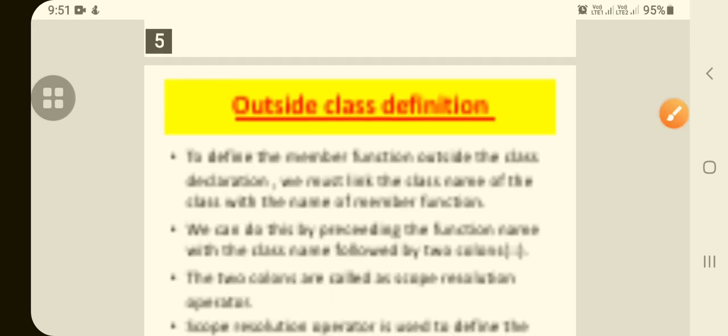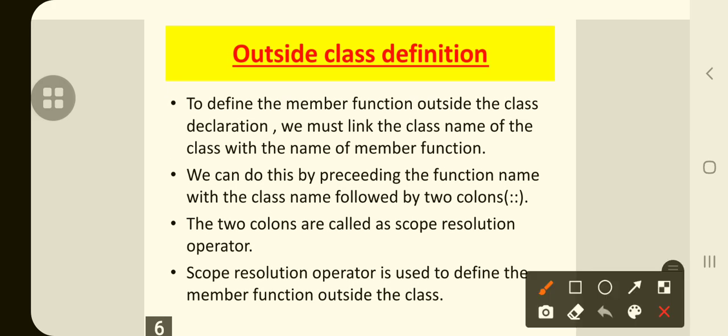Next is how we define a member function outside of the class definition. To define the member function outside of the class declaration, we must link it with the class name.